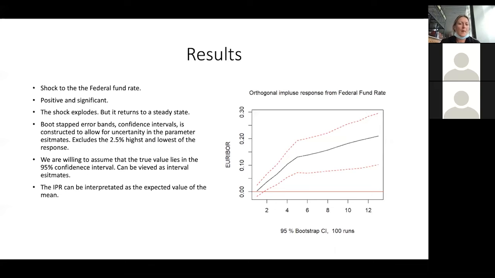Can I ask something again? Do you have the specifications of your model? Is it a vector error correction model? And what is the order of lags? Do you have any lags in there? Yes, I have.